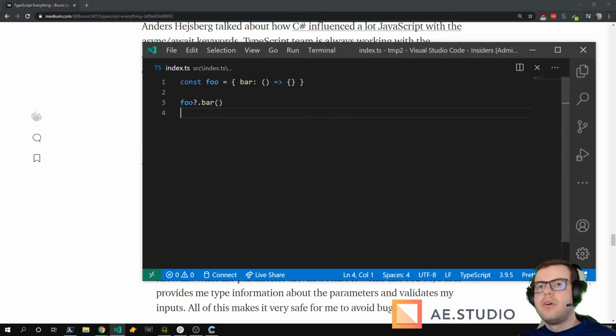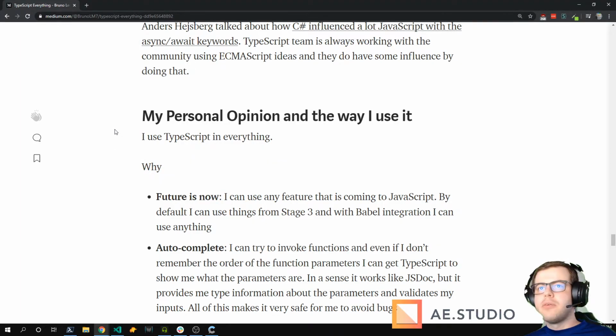I bet everyone was waiting for this. If you use TypeScript today, you can do this. I'm not sure in which version it was introduced. I have a guess it was 3.9.2. But yeah, you can use this. Or you could combine with Babel and use whatever you want.